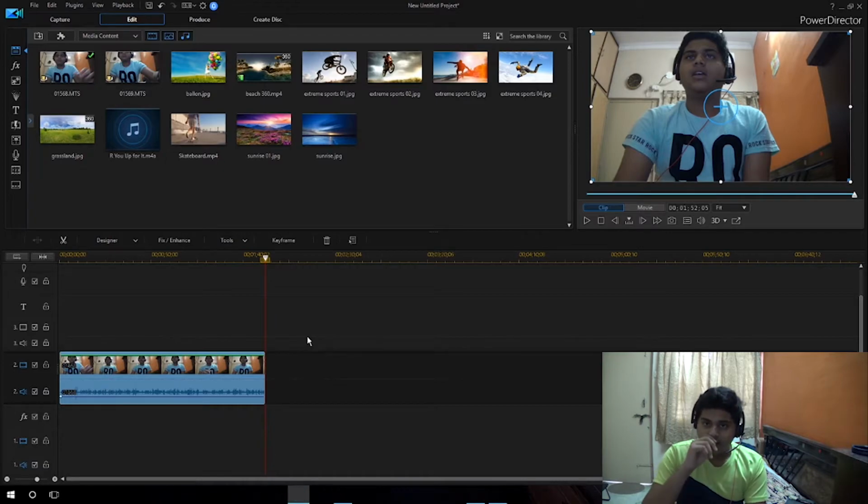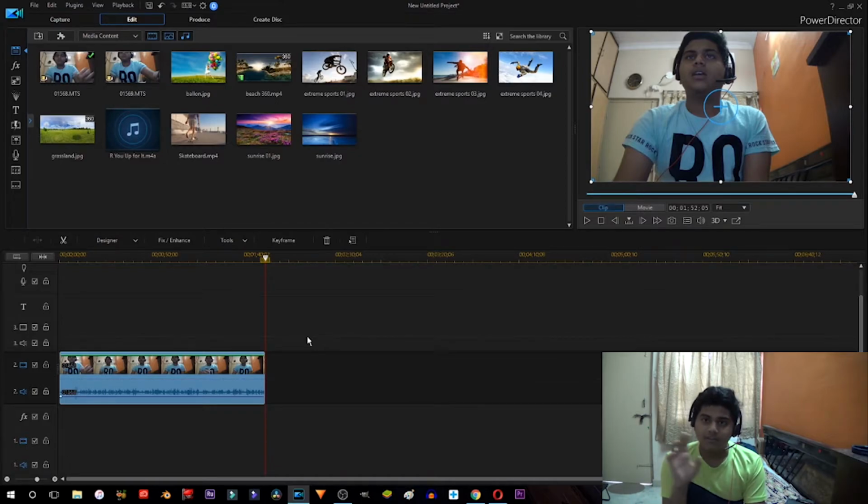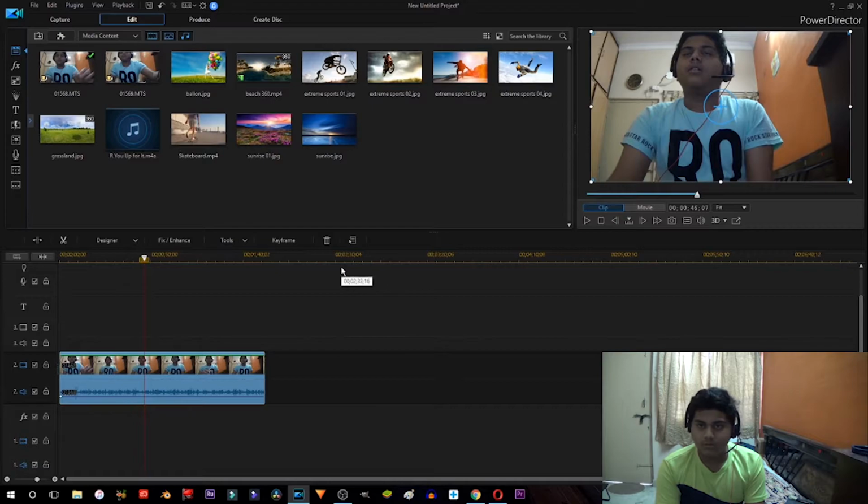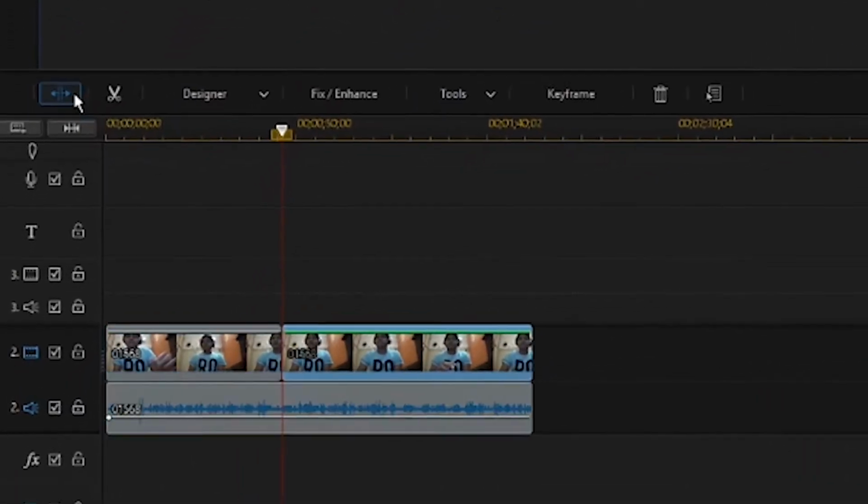But there are still cases, like if a person is talking and he forgets whatever he is saying, and after some time he speaks again. But there is a gap left between these two. We don't want that, we need to delete it. We can do that simply here. Select the place that you want to cut, and just go to this option. It says split the selected clip, so just click it.